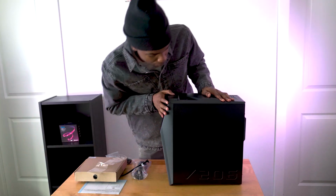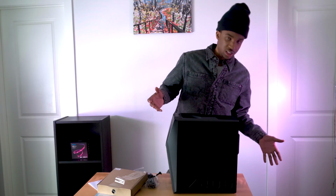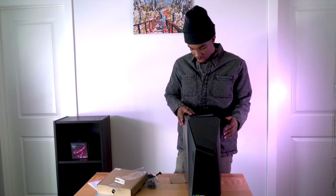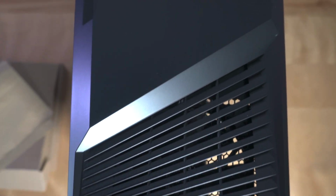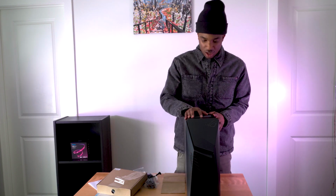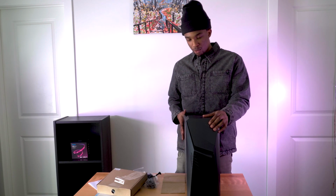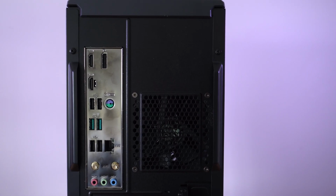This right here is the PC. I mean, in terms of design, it's actually pretty good. The side plate here is pretty nice. Looking at the front, looks like there's good ventilation back here, up at the top here, and then I think there's some in the front. In terms of ports, looks pretty good. Okay, so I'm seeing the top, headphone jack, 2 USB-A ports. Okay, that's not bad. And then in the back,